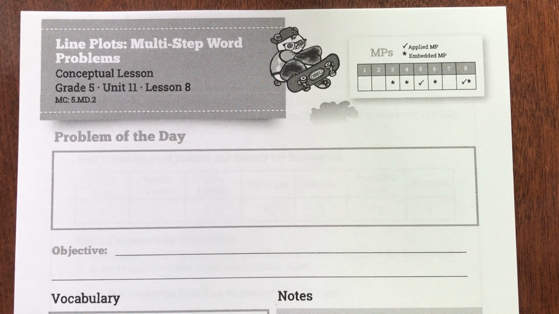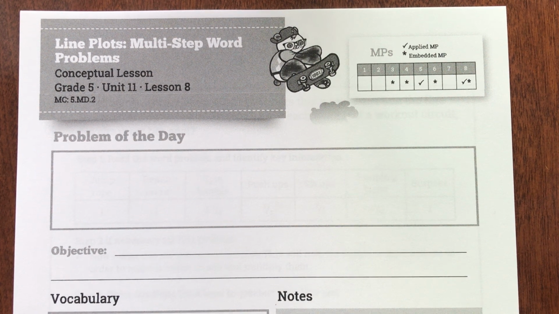Good morning, fifth graders. Today we are on page 236 of your student journal, and we're in Unit 11, Lesson 8. So we are going to be moving on to something a little bit different. We've been focusing on the standard measurement system and the metric measurement system, and now we're moving on to something